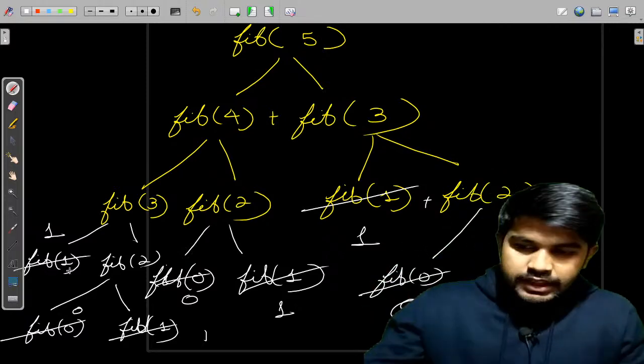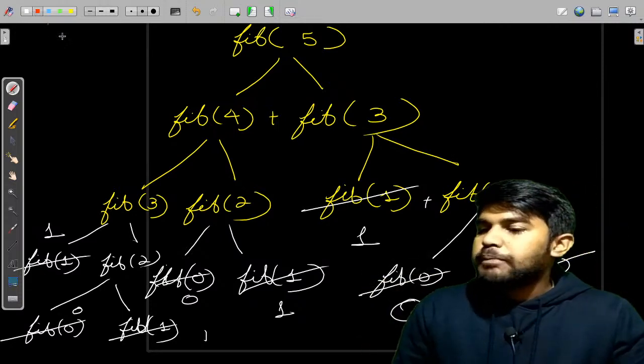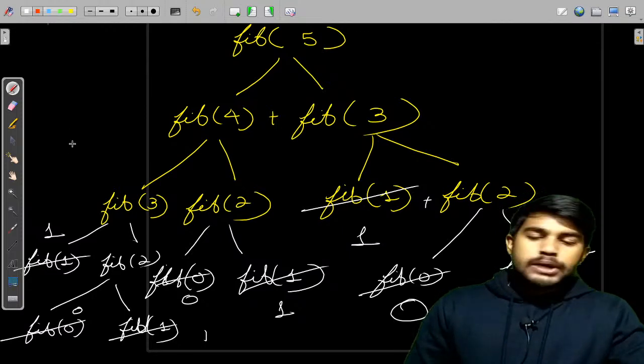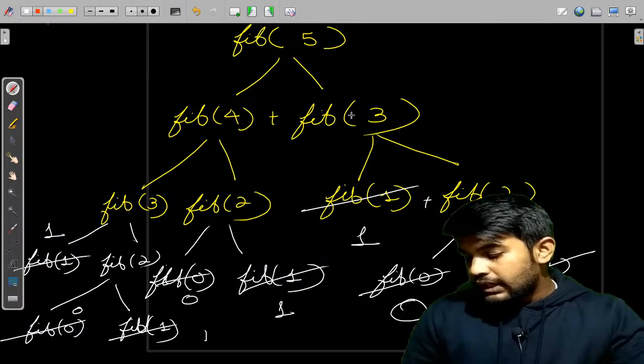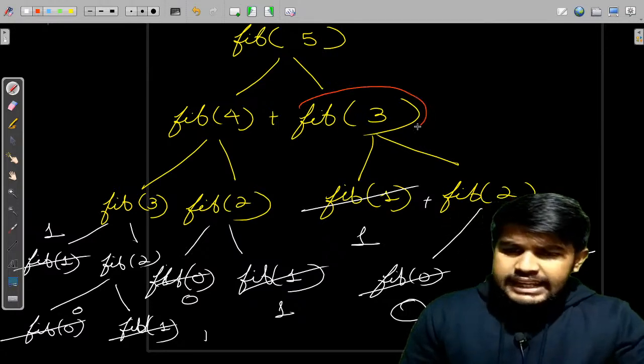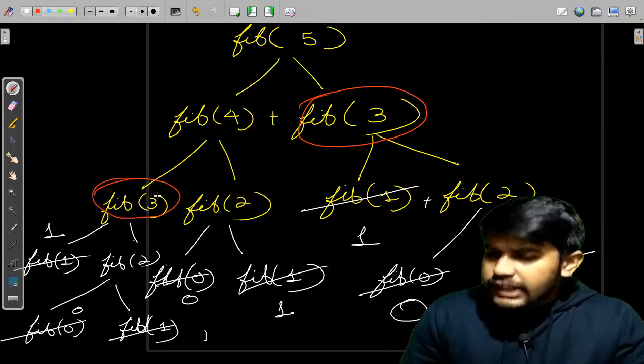Okay. Now there is one small problem. We have a problem here. What is the problem, Siddharth? See, fib of 3 is calculated at this point and fib of 3 is again calculated.